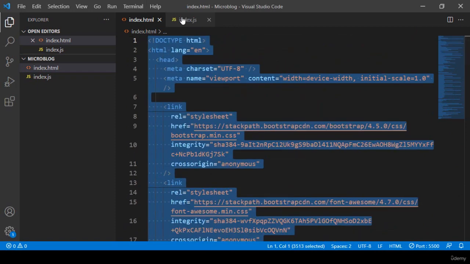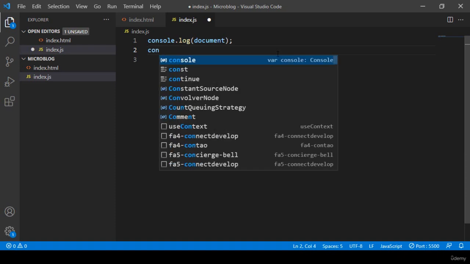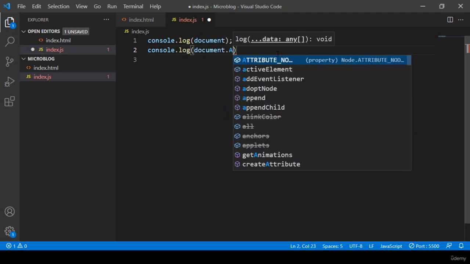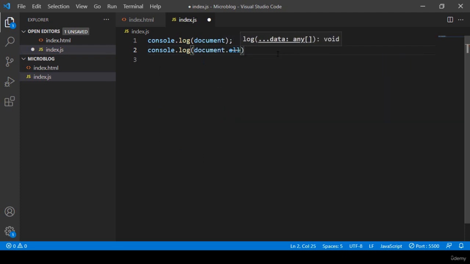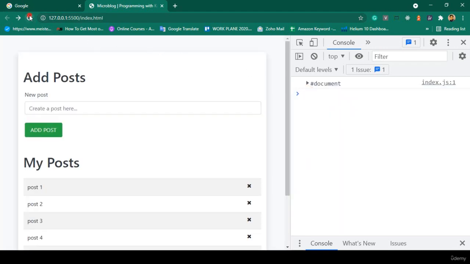And if you want to get all the elements, then you run console.log and then document.all. I simply load document.all, and now if you click save all and go refresh it,